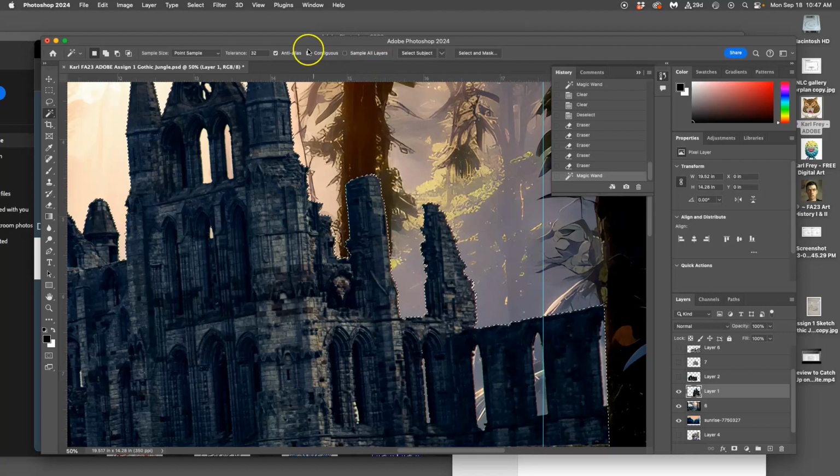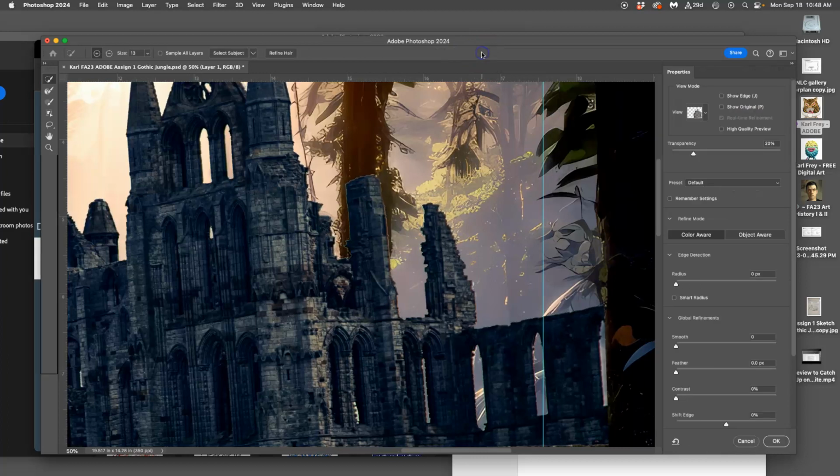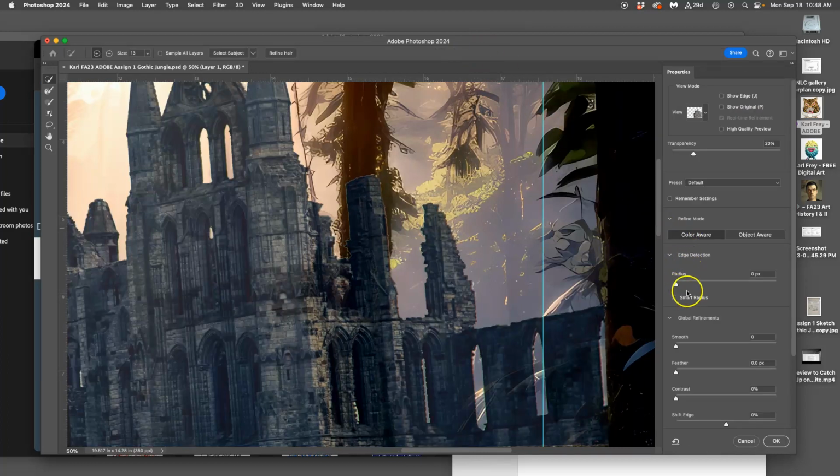And I'm actually going to do it with Contiguous turned off. So I deselect, so it gets in all the windows too. And now this is a beautiful selection option. You say Select and Mask up in your Magic Wand tools. And then you're going to set it to Remember Settings, because this is how we're always going to use it. You're going to increase the radius by about 5. Okay? Then you're going to feather